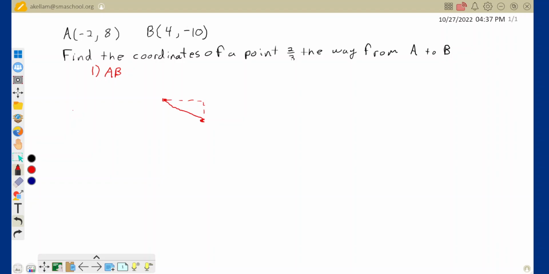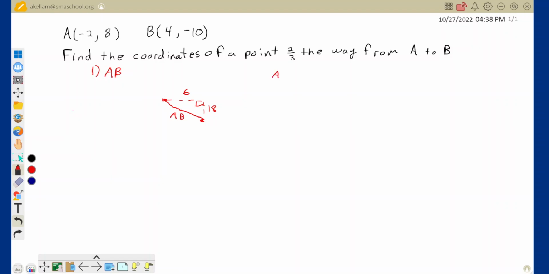My horizontal length is going to be 4 minus -2, which is 6. Obviously, this is not drawn very well to scale, because from -10 to 8 is going to be a length of 18. And if we do the Pythagorean theorem, this side being AB,